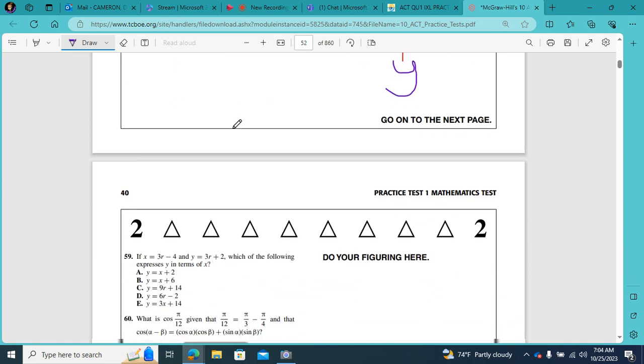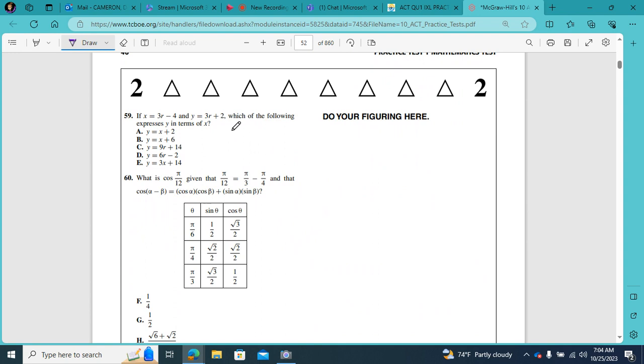And let's keep moving on now that we're here at the end. Number 59. If x equals 3r minus 4 and y equals 3r plus 2, which of the following expresses y in terms of x? So I'm going to take this first equation and I'm going to get rid of my r. Well, really, I'm going to solve for my r so that I can substitute and get rid of it over in the other equation. So if x equals